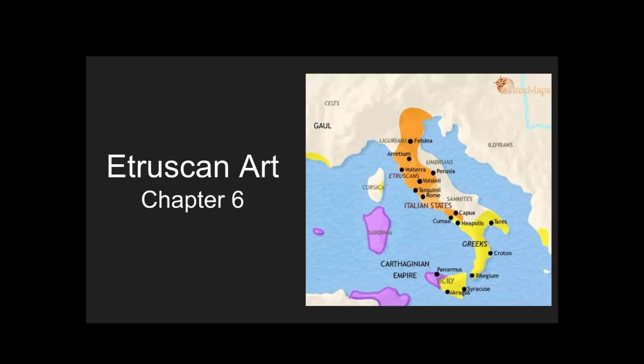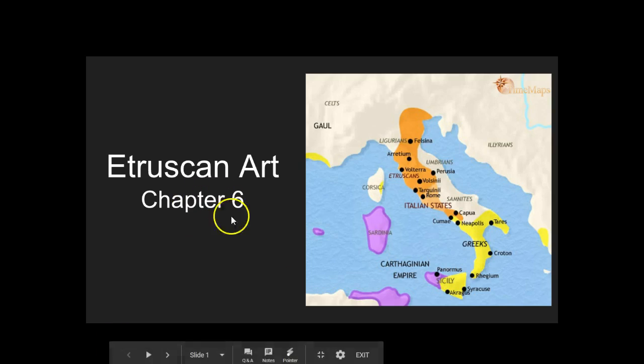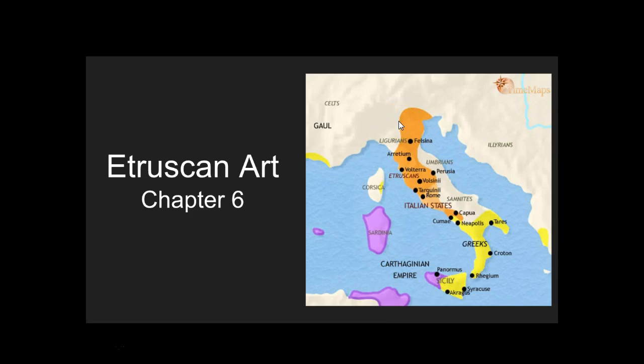Okay, we are starting in chapter 6. I've coupled these sections together as well because they run just as much together as the ancient Aegeans and the Grecian cultures did. We're looking at chapter 6 at Etruscan art. So if you follow my pointer, over here, down in here, would have been Greece in the ancient Aegean cultures. So now we're in Italy. So modern day Italy.